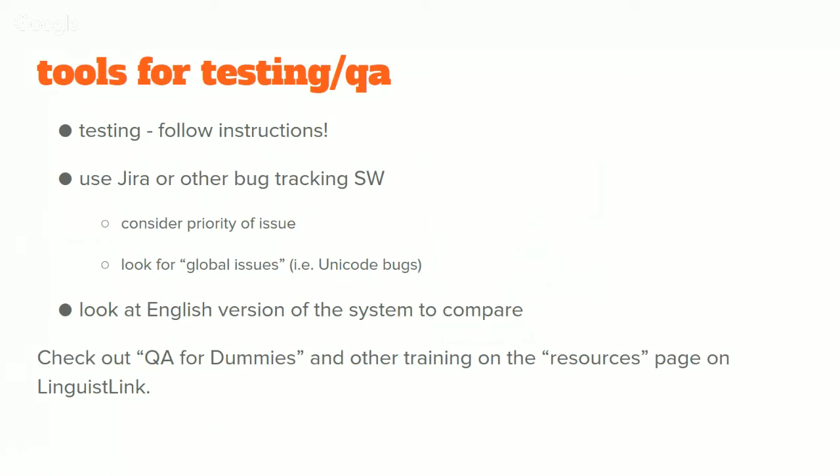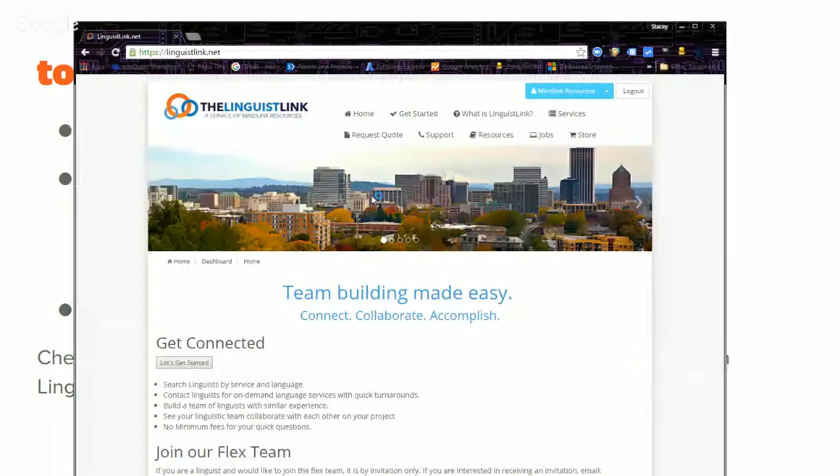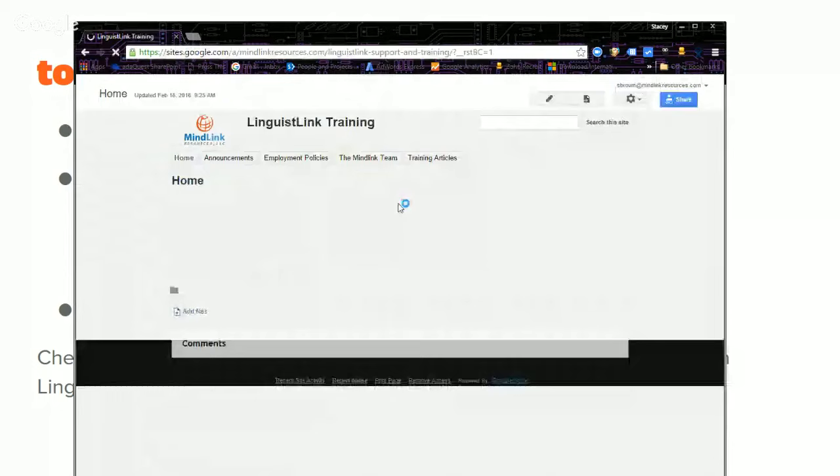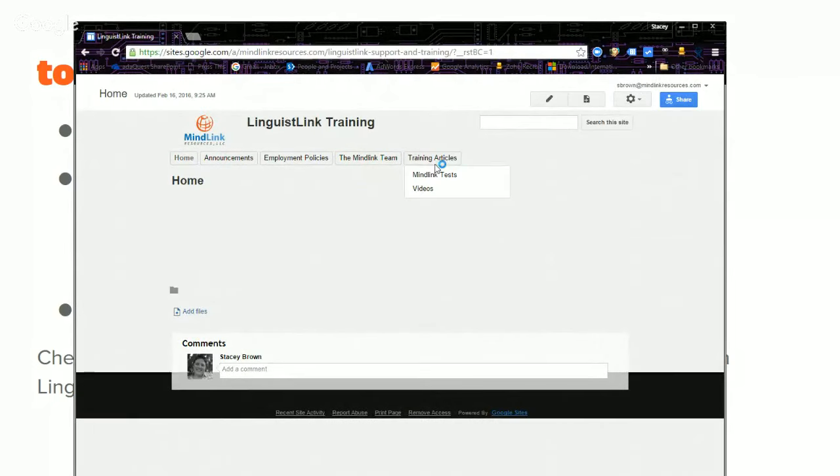We actually have a QA for Dummies document and other training that I put on LinguistLink. I'll show you where. Oh my goodness, all of a sudden I have a lot of windows open. So if you go to LinguistLink and go to resources, I put up a bunch of training.